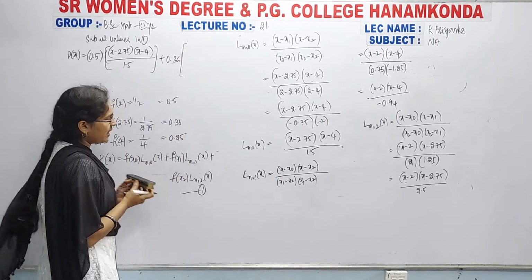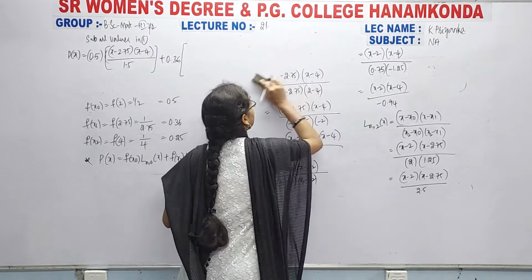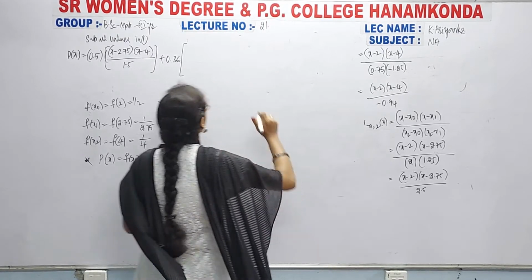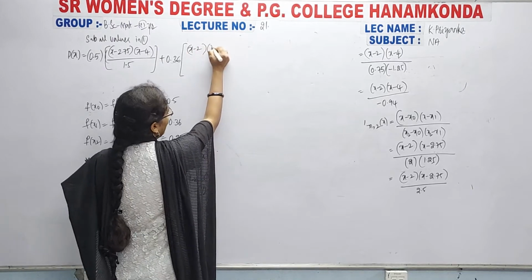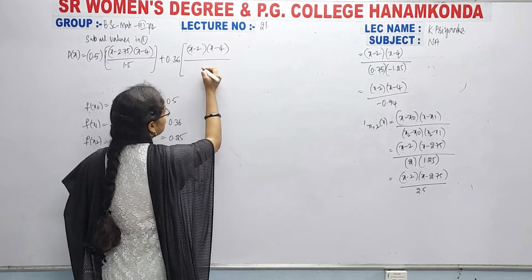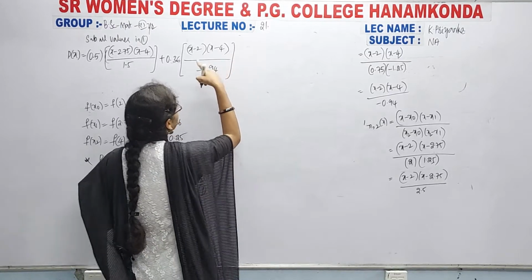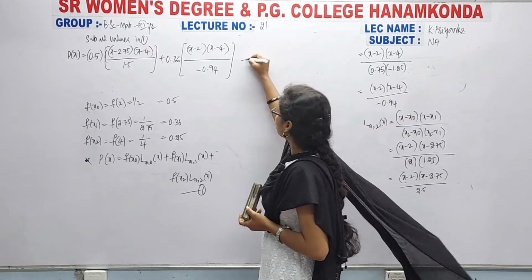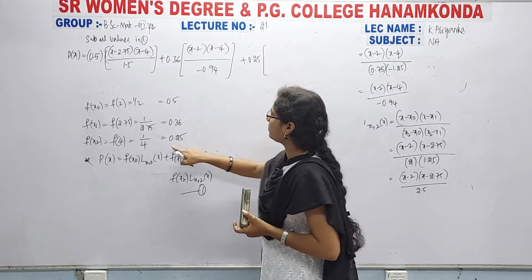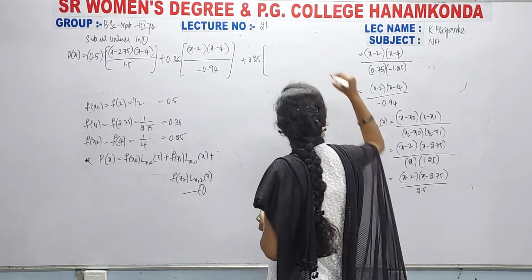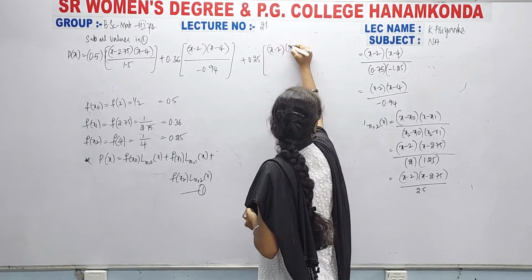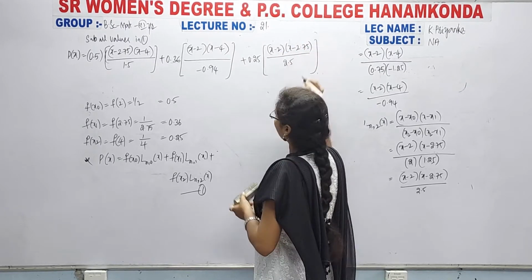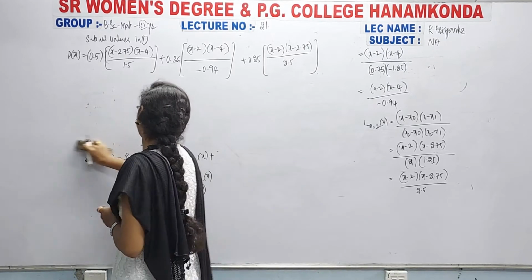into the next L of n comma 1. What is the L of n comma 1 value? x minus 2 into x minus 4 divided by 0.94. We have to calculate the polynomial equation, so that is why we are getting the value in terms of x. Right? A polynomial equation should be in terms of a variable. So for that, now plus 0.25, that means f of x2, into L of n comma 2, that is x minus 2 into x minus 2.75 by 2.5. Now we have to simplify it.